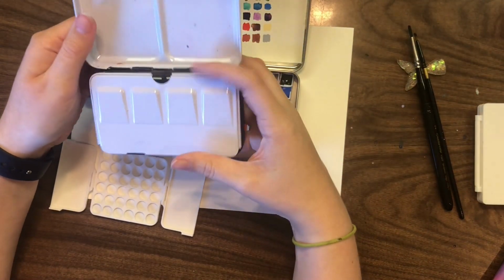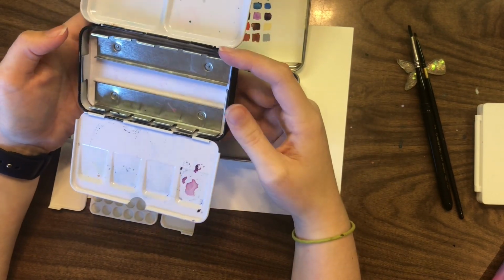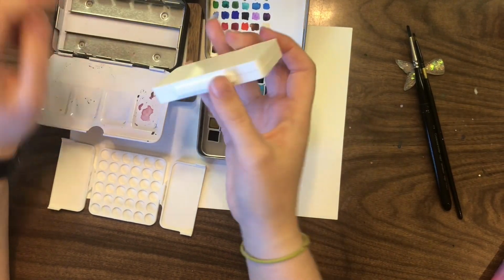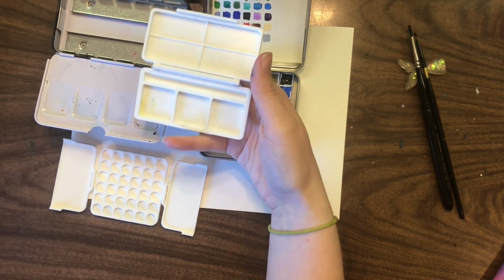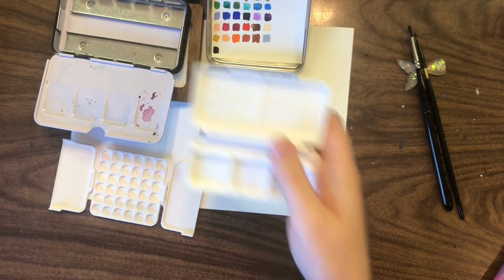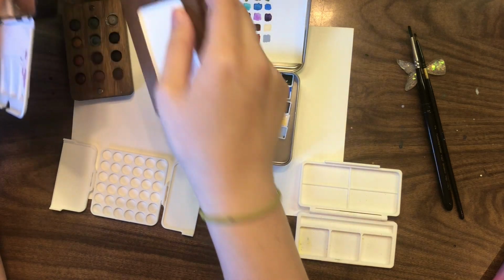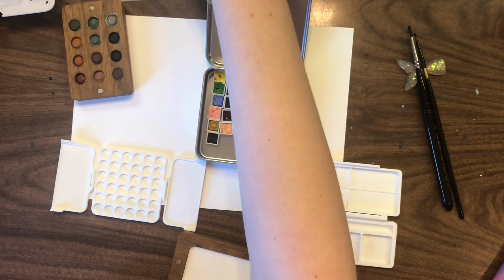I do have the standard Meet-in palette, which isn't always my favorite to travel with. And then I have a 31 Purple Fish tri-compact, which you can actually fit 6 of her quarter pans into, which is normally how I travel with this set. So to start with, I'm going to swatch out everything. This Art of Soil palette, we've already got those colors down,